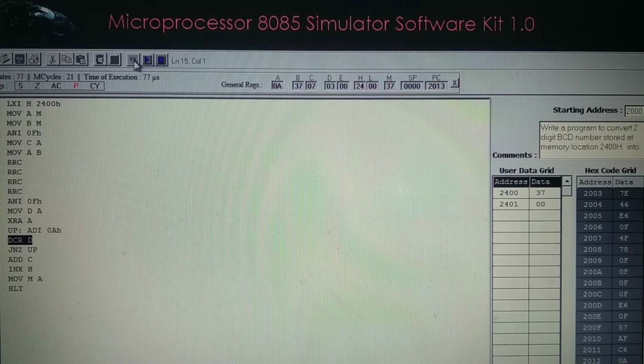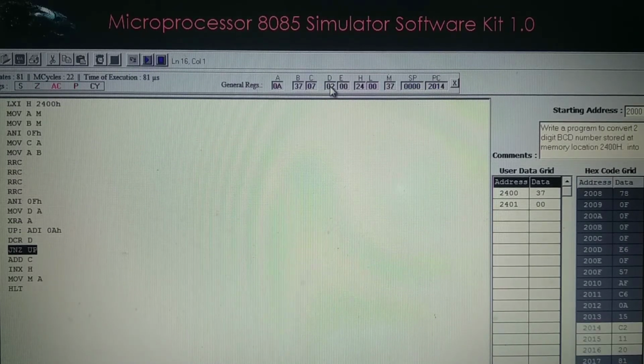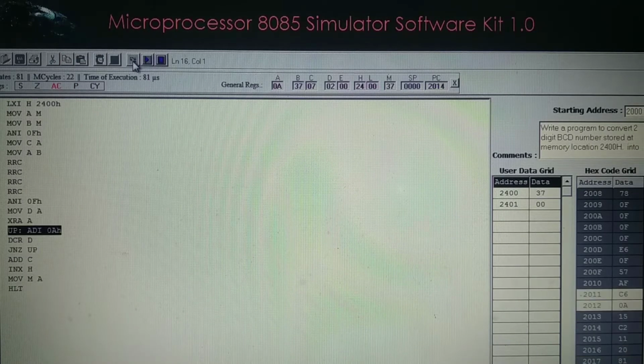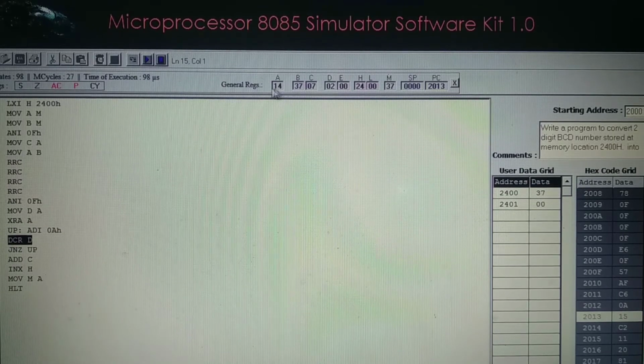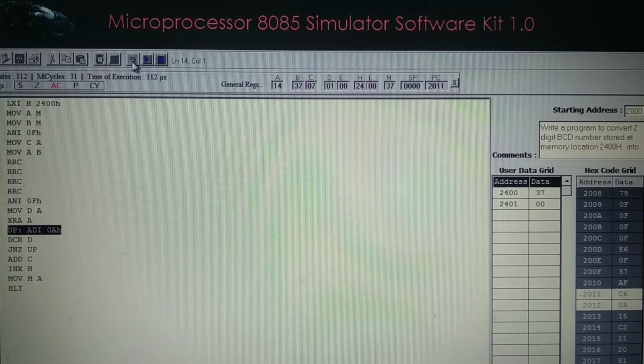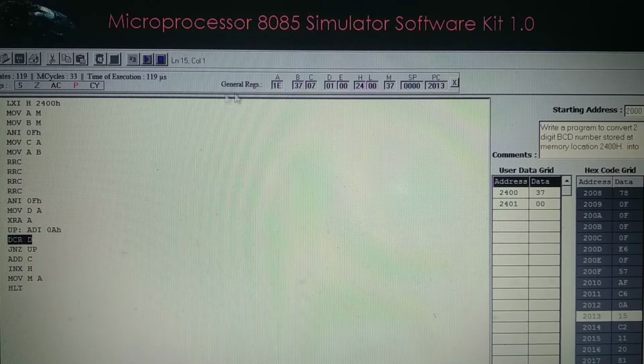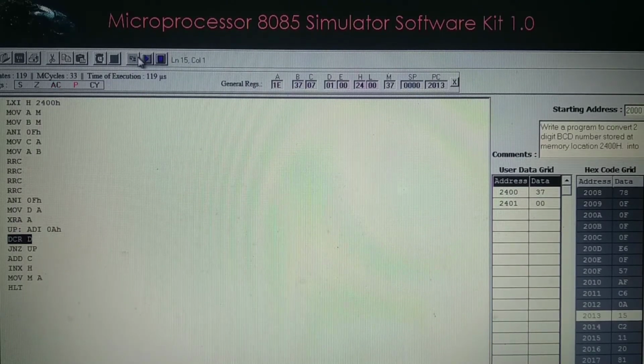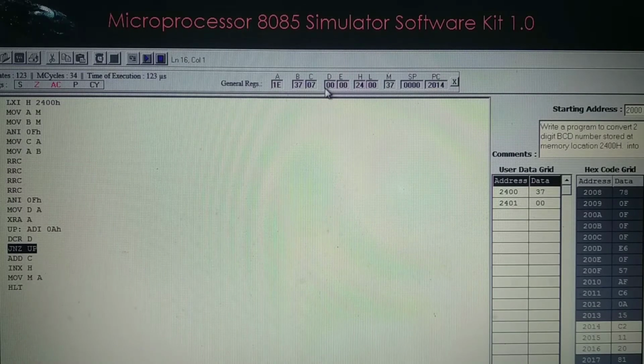Multiplied by 10, that means add immediate A. Decrement D, one time addition has taken place, therefore D decrements to 2. It is not 0, again add 10, you get 14. Decrement D, it becomes 1, again add 10, it becomes 1E. Decrement D, it becomes 0. Jump if not zero to UP; otherwise, next instruction, ADD C, the content of C is added.